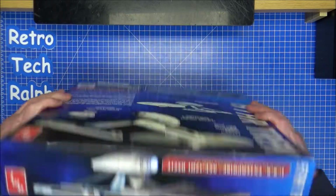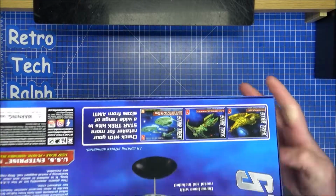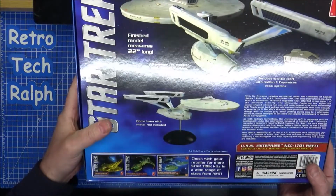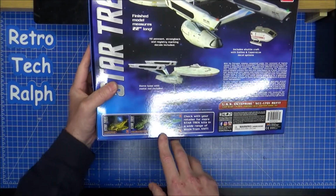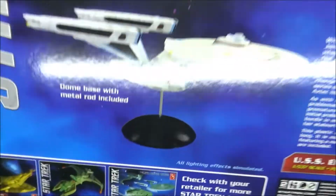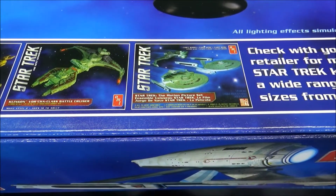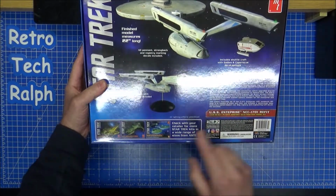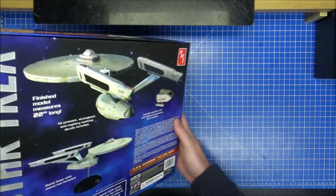There's tons. I mean, even on the back of here, just to show you, they've got the Cardassian, you've got the Klingon, it's not a Katinga, it's a Vulture, yes. And we have the smaller ones, which is a little annoying because it's labelled Star Trek motion picture set, which isn't from Star Trek the motion picture, it's from Star Trek 2. So that's the only film you see all three of those in. But yes, these are great, Polar Lights. Still no...